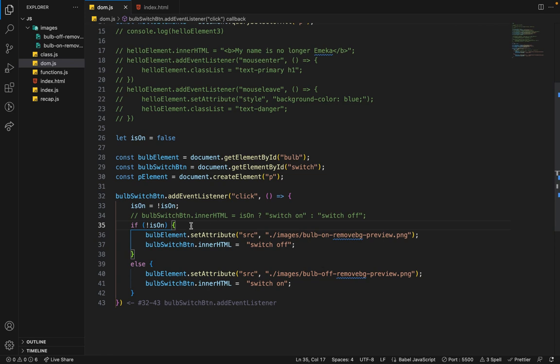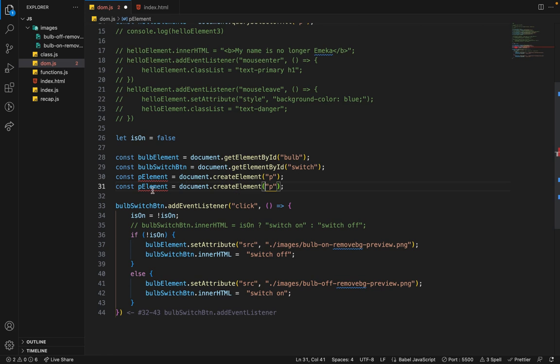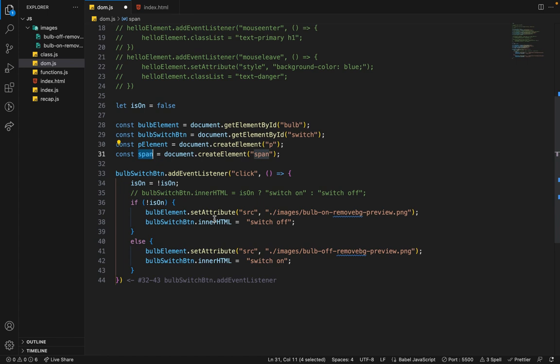Let me create a span. Let me also create a span. We call it a span equals span. Alright, and I'll say span dot innerText. So whenever I switch this thing off, say